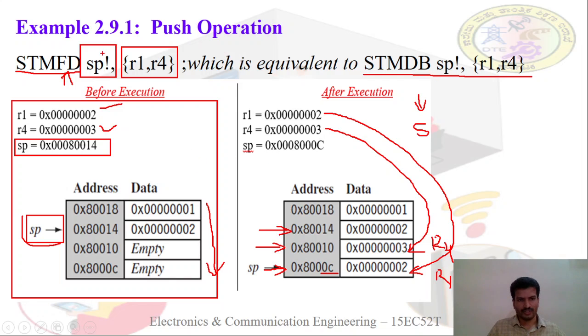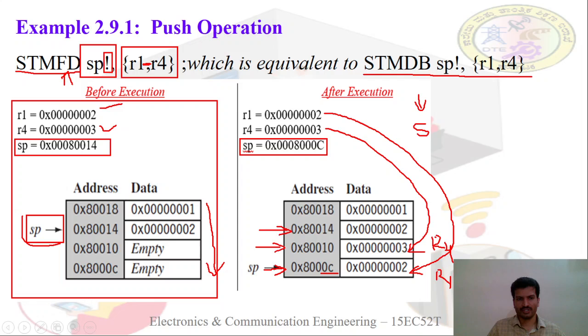So again here we have used the exclamation symbol. It will update the end address to the stack pointer. Now the stack pointer address is 800C here. So after execution of this instruction, these two data, so here R1 comma R4, I have not mentioned R1 dash 4,